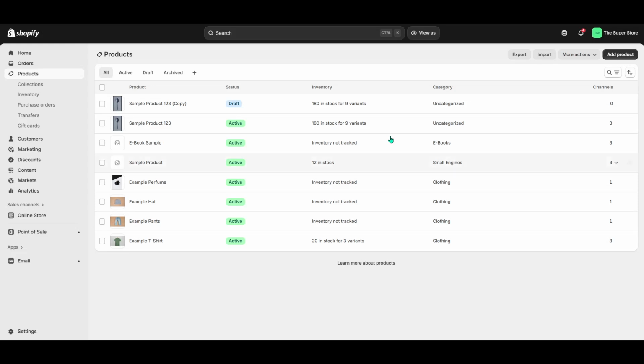In today's video, I'm going to teach you how to export and import Shopify products in bulk using a CSV file. This can be incredibly useful if you're managing a large inventory or if you're switching platforms and need to move your product data efficiently. Let's walk through the process step by step to make sure you understand exactly what needs to be done to